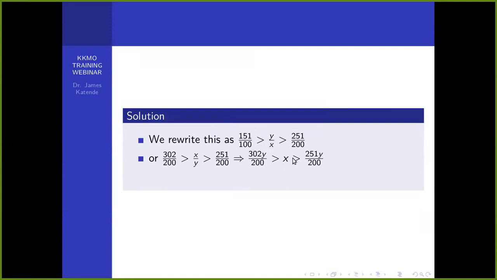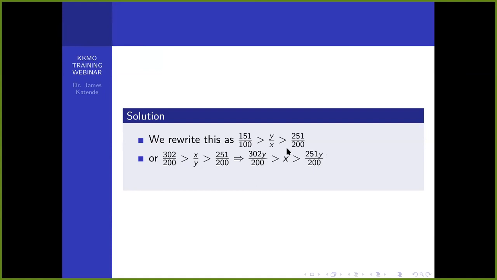So we try to put everything over the same denominator so that we have 302 over 200 is greater than x over y and greater than 251 over 200. Then we multiply throughout by y. And since y is positive, the inequality is preserved, but we're left with only x in the middle. So now we test for different values of y and see what is the smallest possible value of x that we can get. If you try with y is equal to 1,